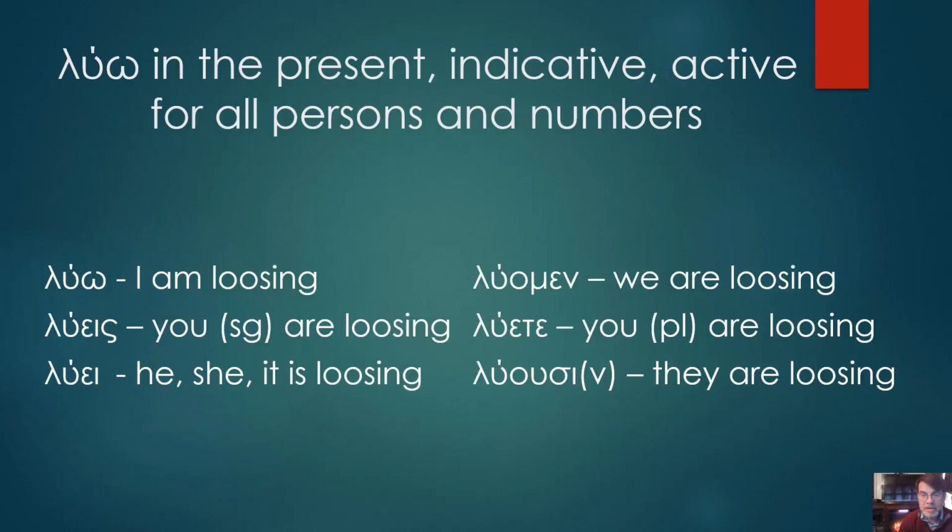And notice that this movable nu doesn't contribute anything to the meaning, but sometimes the third person plural will add a nu to make the sound smooth. An old sound, o, ace, a, amen, eta, usi, might help you remember these in the Erasmian pronunciation. That's not the modern Greek pronunciation. But anyway,